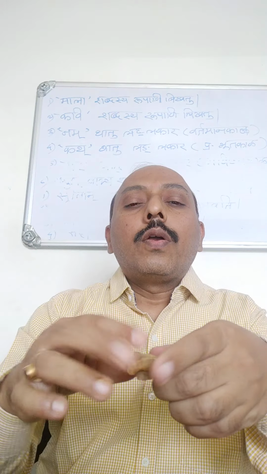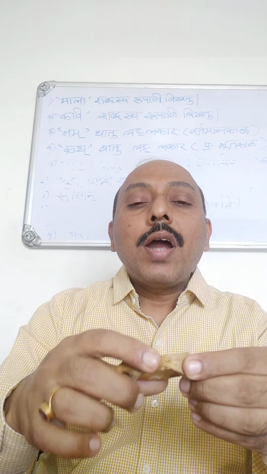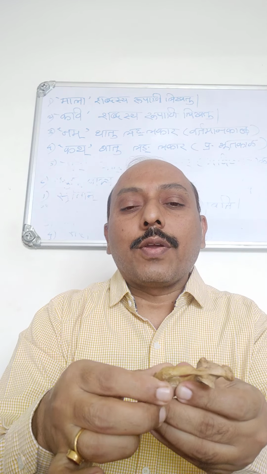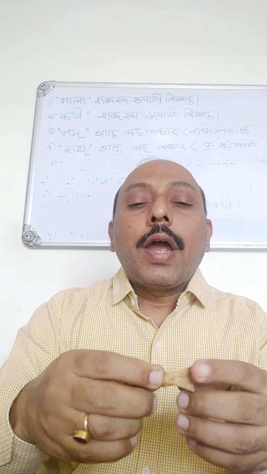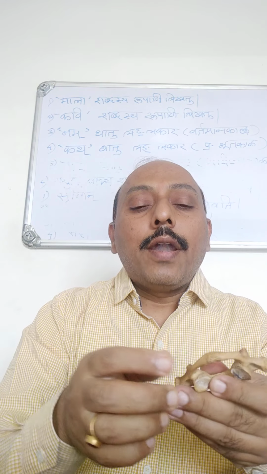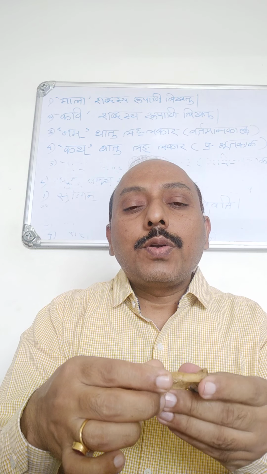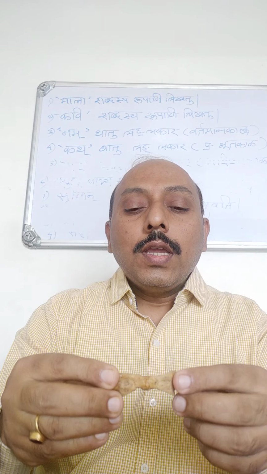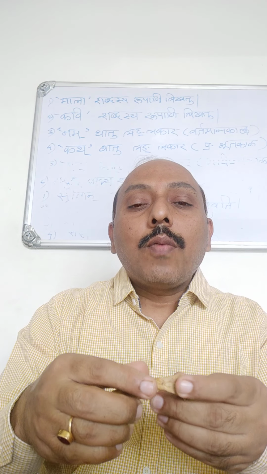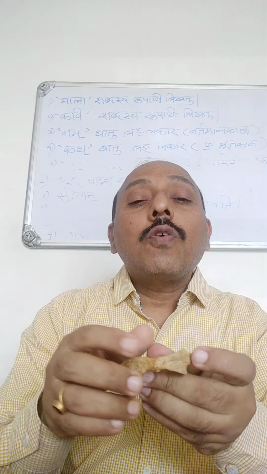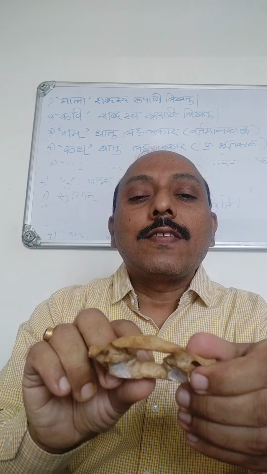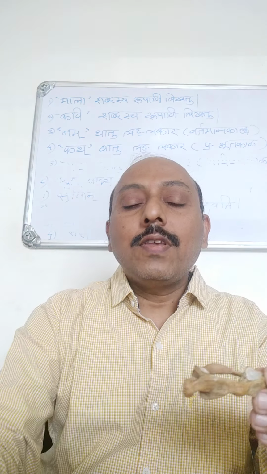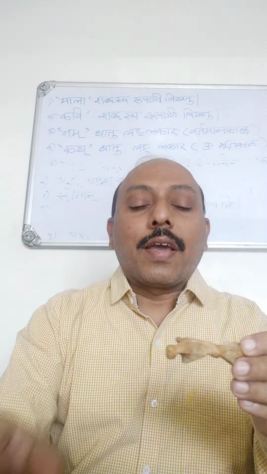Both the arches are marked by the anterior median tubercle and posterior median tubercle respectively. The anterior tubercle gives attachment to the anterior longitudinal ligament, and the posterior tubercle gives attachment to the ligamentum nuchae. Now the posterior surface of the anterior arch has an oval facet, you can see it here, for the articulation of the dens process of the axis.